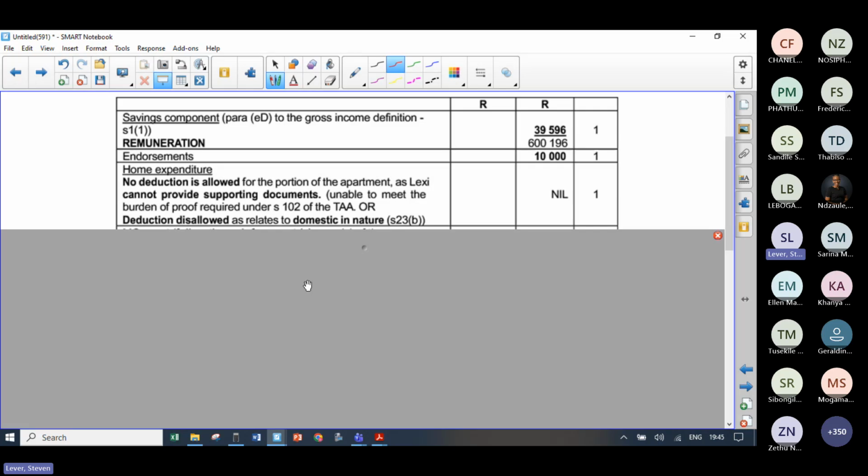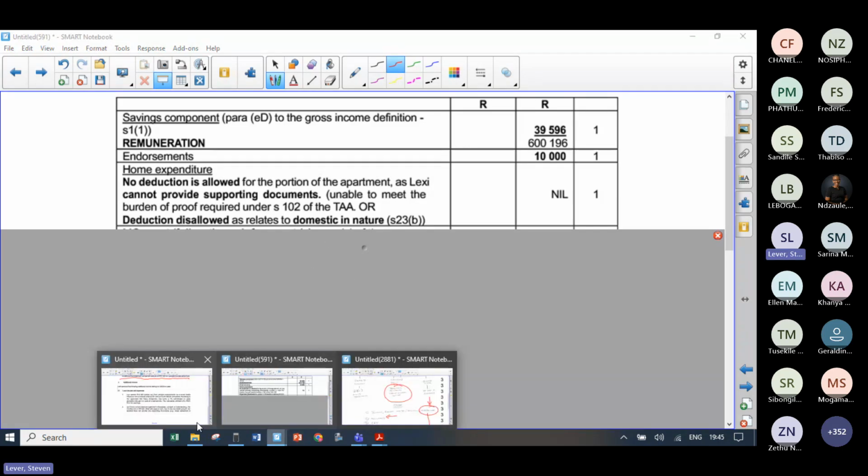I am not allowed to claim if I do not have supporting documents. So there's another null. That's the 11th null in the solution. Okay? No deduction. I don't have supporting documents. If you did have supporting documents, you'd be able to claim 12 over 80 times 6,000 times 9 months, because for 9 months, you used it as a home office. But because there's no supporting documents, you can't claim it. Carrying on.